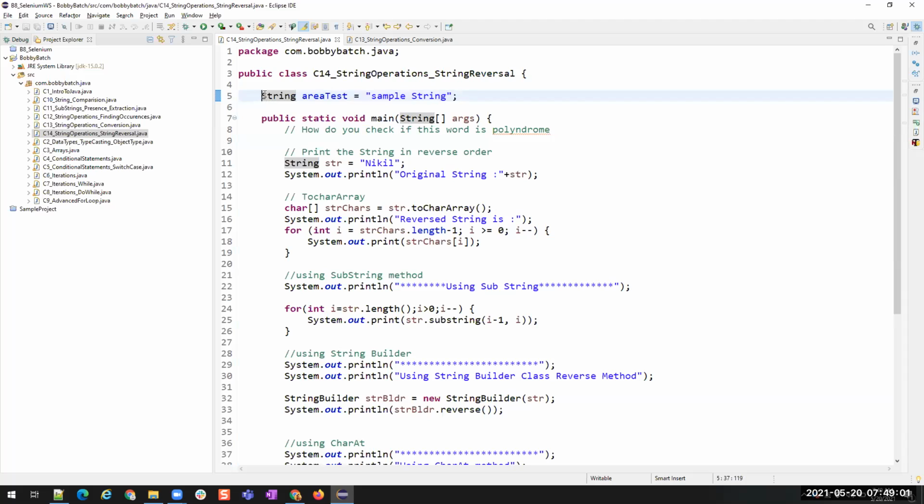Whatever is present outside of the static method without the static keyword is instance area. This is all instance area, and this is an instance member. This is a static member because it is present inside the static area. So this is a static member and this is an instance member.